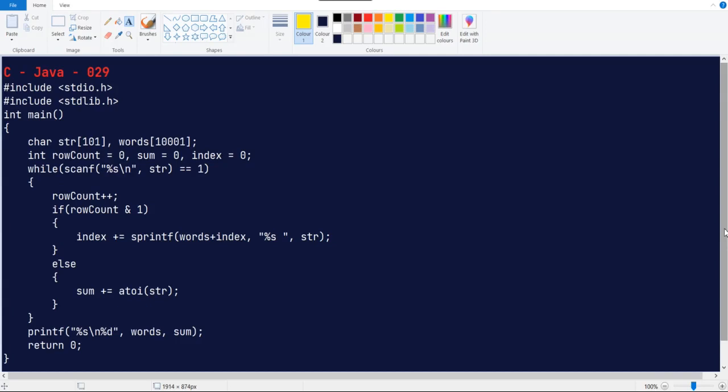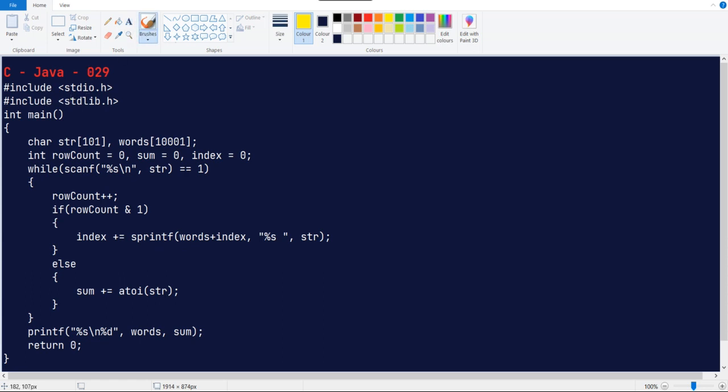Today we are going to solve the Skidmark daily challenge of 24th July 2021. Here they have given C and Java code. So this is not a programmer session. This is just a noob grammar session because I'm a noob at those languages. So let's try to understand what they are doing.